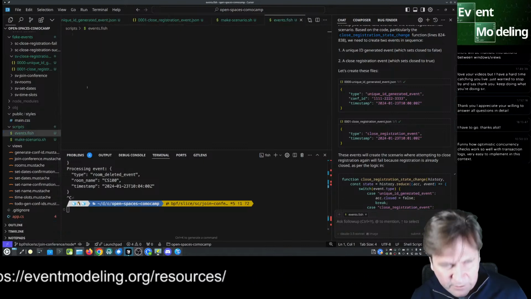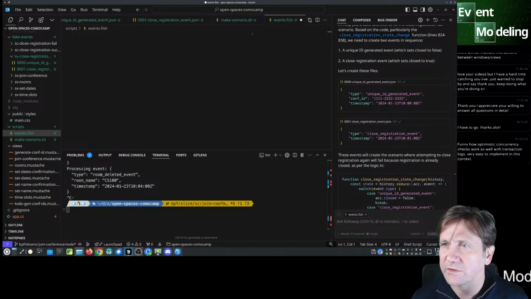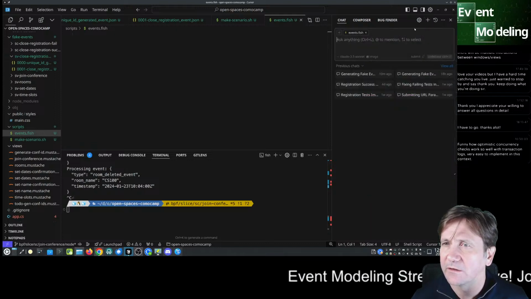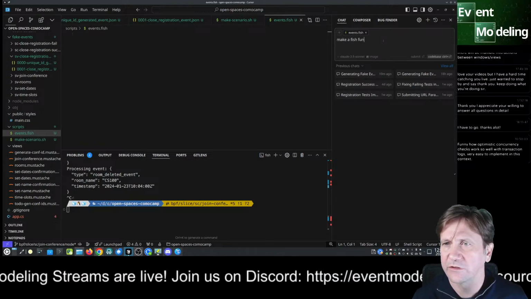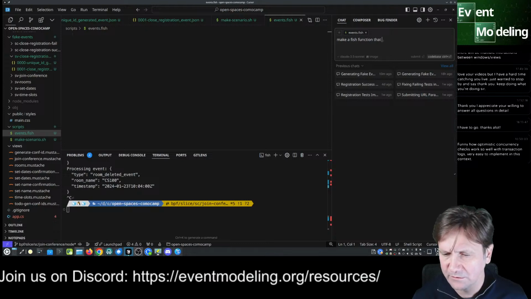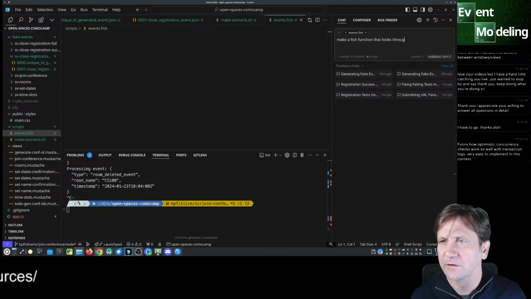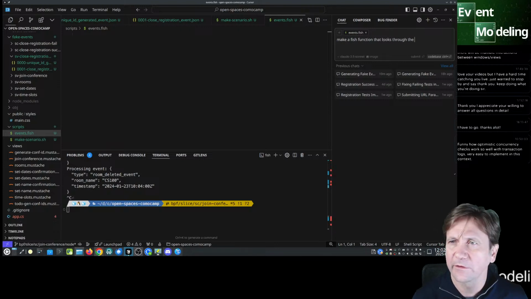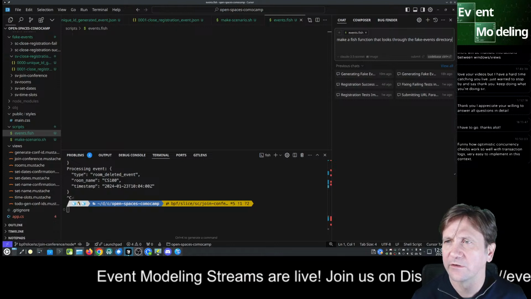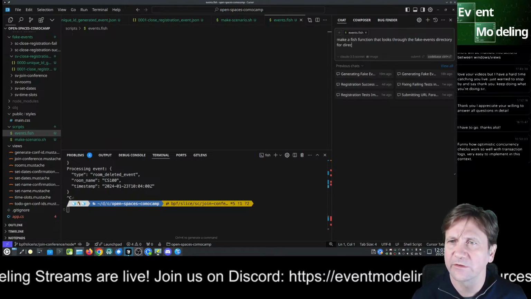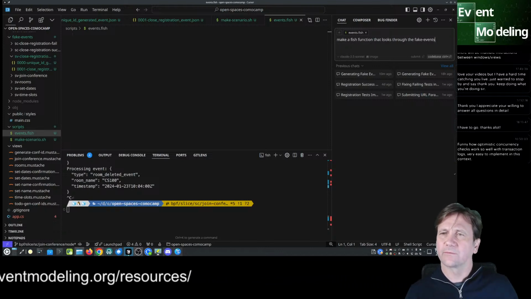And here we can just add new chat, make a fish function that looks through the fake events directory or directories there. Actually, no, make a fish function that